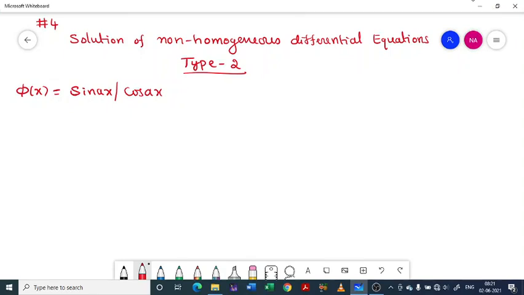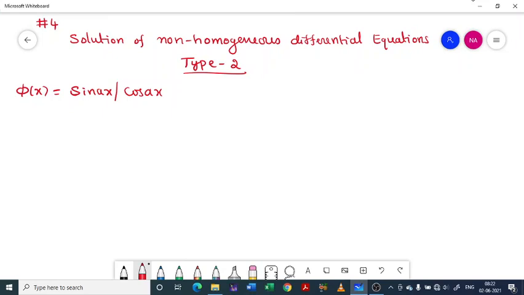So once again, welcome to discussion on non-homogeneous linear differential equations, class number 4. Previous class we have discussed solution of non-homogeneous linear differential equation of type 1, where we considered the differential equations having the right hand term to be exponential function. Okay, so this class is dedicated for linear differential equations of type 2, where the right hand term is